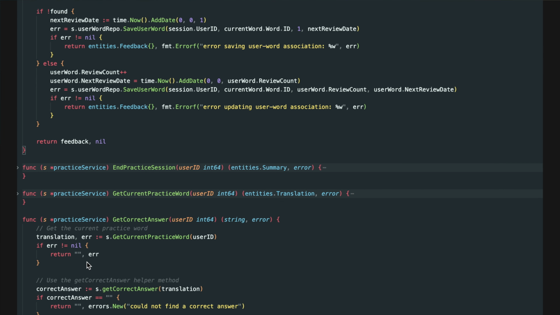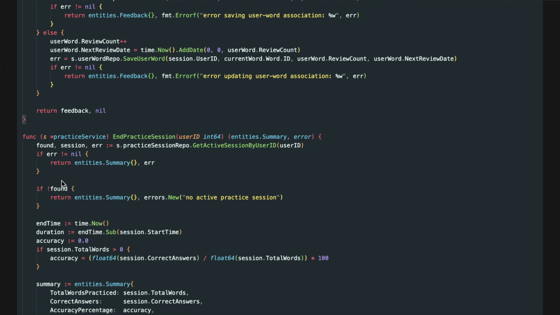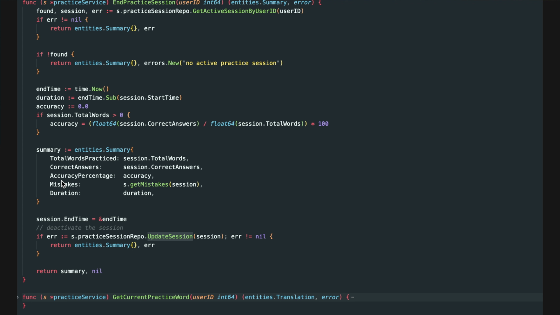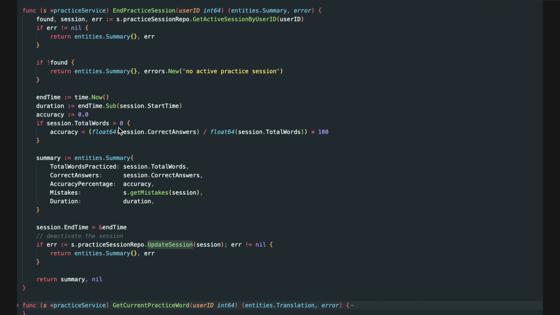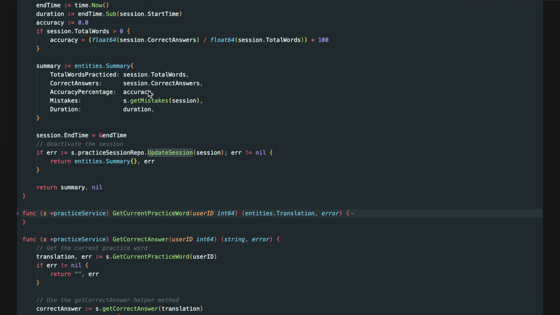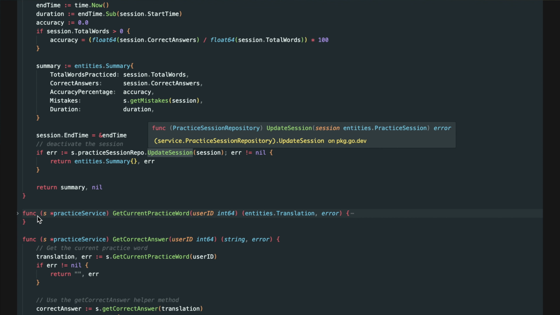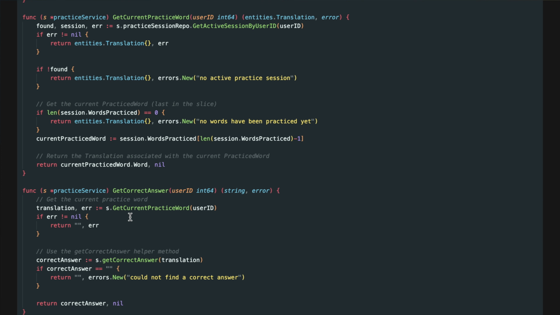End practice session ends the current practice session and provides a summary. It calculates the total duration and accuracy of the session, compiles a list of mistakes made during the session, updates the session's end time and saves it to the repository. It returns a summary with total words practiced, correct answers, accuracy percentage, and duration. Get current practice word retrieves the current word being practiced. Get correct answer method provides the correct answer for the current practice word, and there are helper methods for normalizing and finding